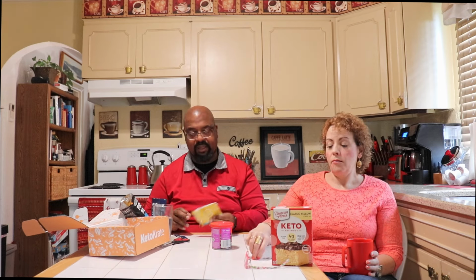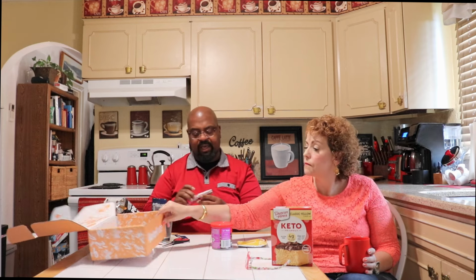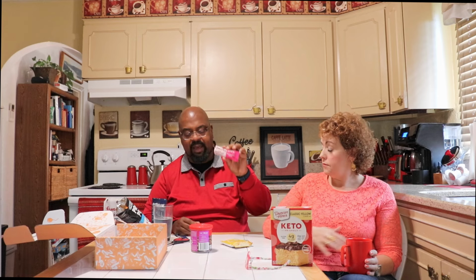I think my top favorite was the lemon poppy seed cookie from Chipmunk. And then I actually do like the dark chocolate drizzled granola bar from Monk Pack. And then I don't know if I got a third favorite, to be honest with you. I think that's it for me. I'm going to say those are my favorites as well. Yep. Well, besides